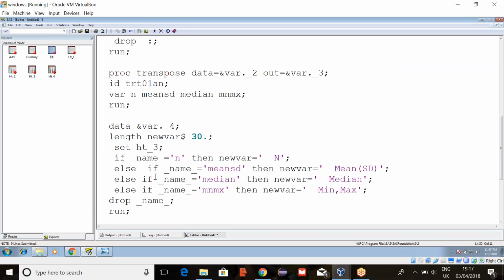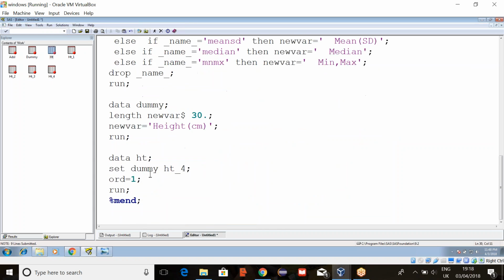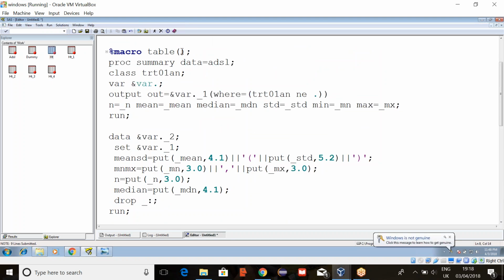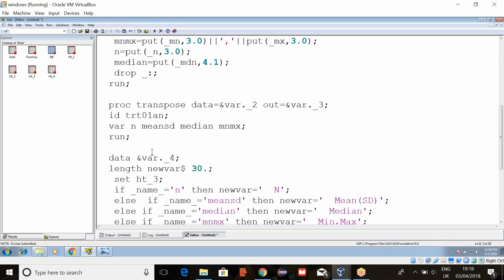And here the title is different. So I'll write title. Order number is also different. So num, title and var. These are the macro variables we created. Var equals &var, title, and then num. So now this is our macro.